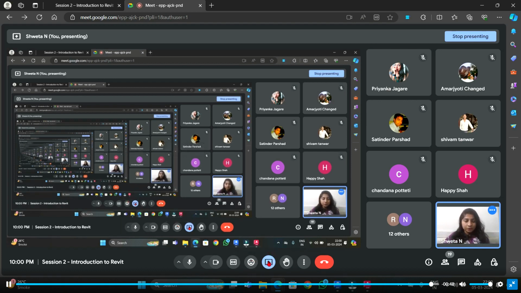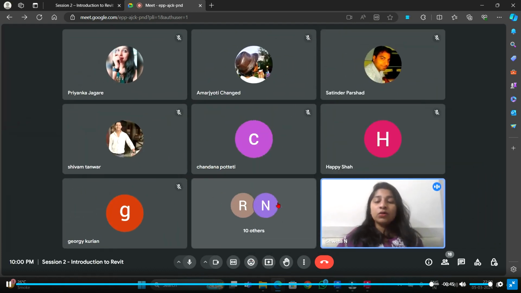Clear? Everyone, so this is how the interface of Revit would be, and that's what we'll also be learning through. Also, we had seen in the last session what level we want to reach, right? Just keep that in mind. What I can also show you is one of our students' work, just a reference. So just a moment, I'll